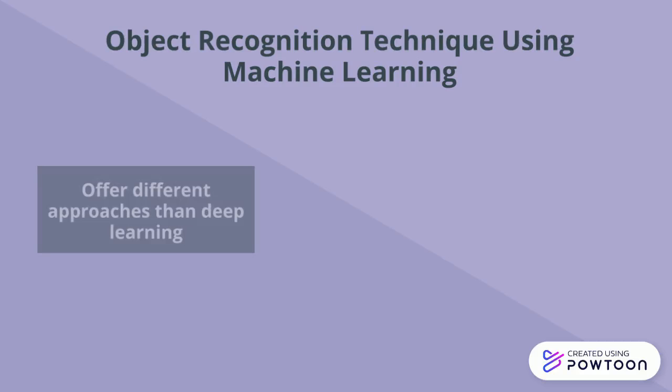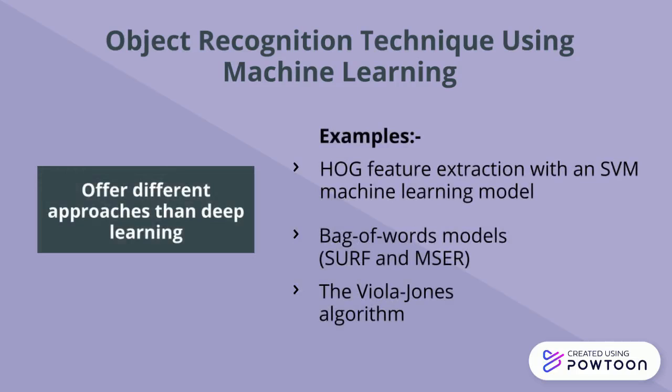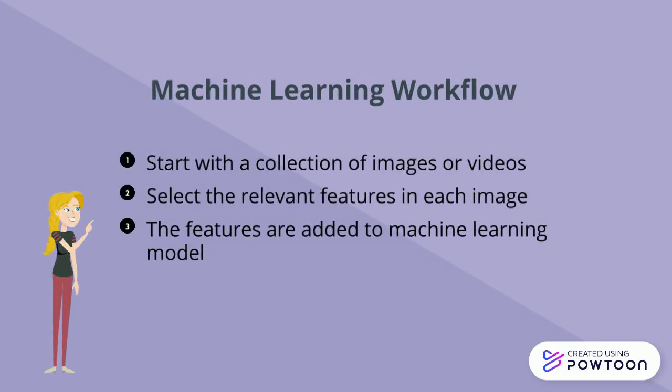So the next one is object recognition technique using machine learning. Machine learning offers different approaches than deep learning. Here is the machine learning workflow. First, start with a collection of images or videos. Then, select the relevant features in each image. For instance,